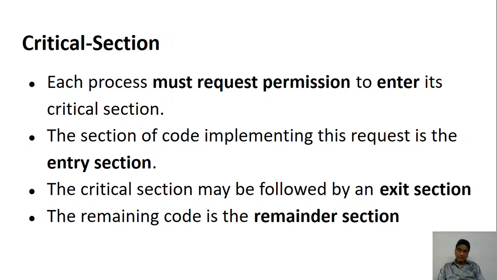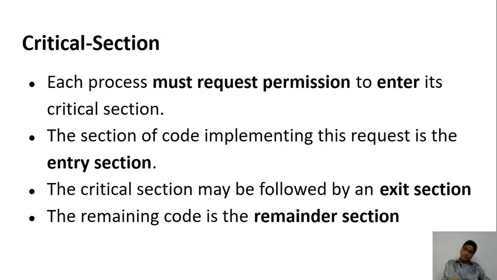So before it enters, it has to get permission, that is called the entry section. Then it will perform the critical section, updating the shared variable. Once it comes out, it has to tell the operating system that I have completed it. Either it can tell the operating system or it can tell all the others who are waiting to enter into the critical section that my part is over. Now one among you has to enter into the critical section. So there is an entry section wherein you get the permission. There is an exit section wherein you allow others to enter into it.